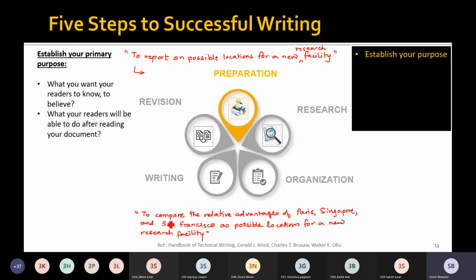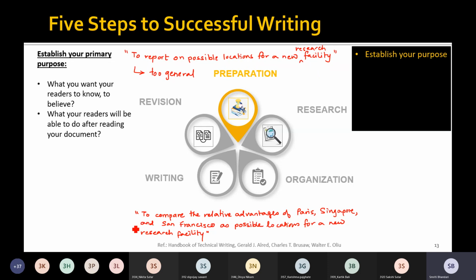If we compare these two statements, the first statement is too general. Nothing specific is mentioned in it.